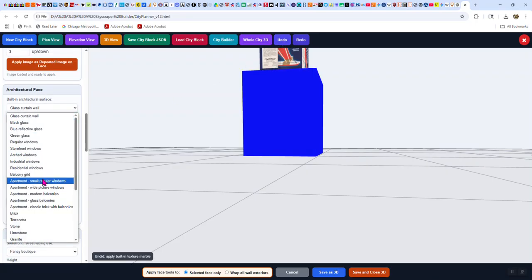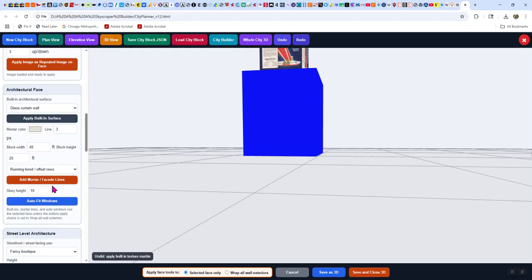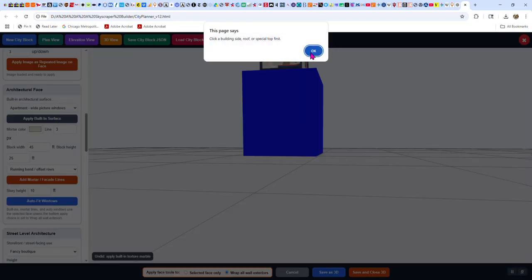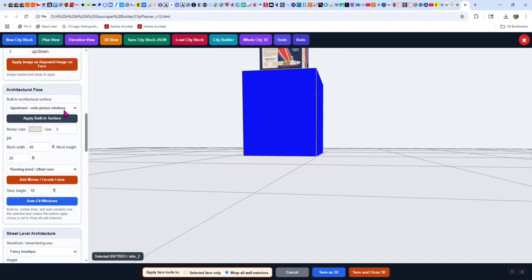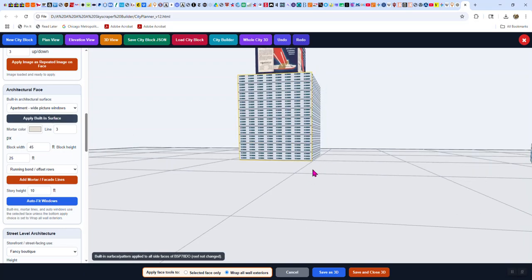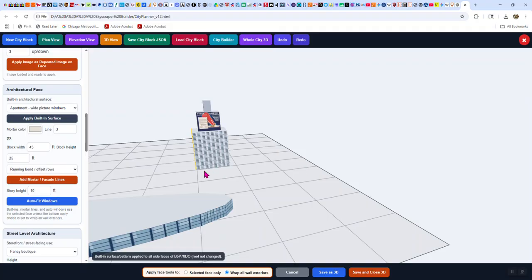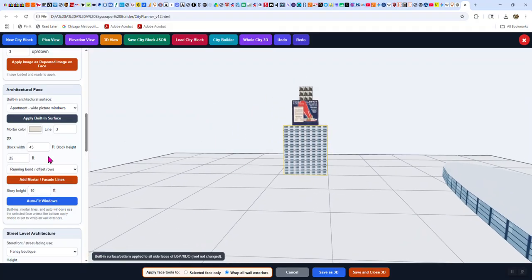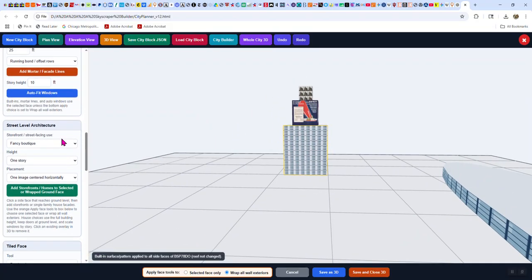How about apartment with wide picture windows? And I want to make sure it's just on the one surface. Now let's go ahead and wrap the building. And then I say apply it to the surface. Oh, it forgets exactly where I was at. And I'm on wrap. And there you go. And so now we got our nice building that looks like a real building, kind of. Okay, so that's one of the many things you can do.